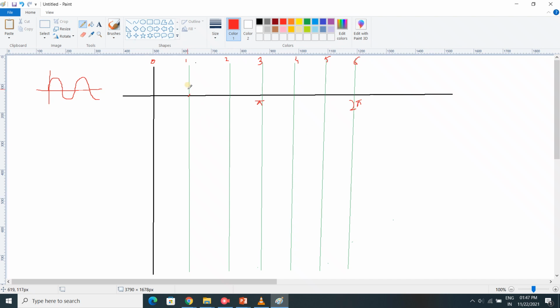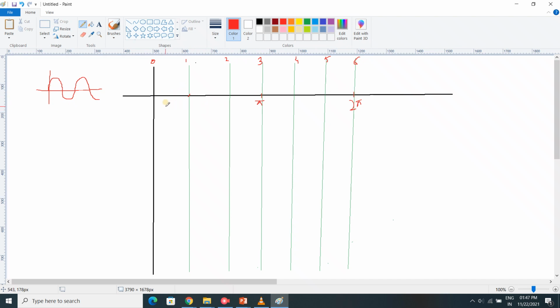Or shall I repeat it once again, so that the concept of 3 pulse and 6 pulse will be clearer to you? Shall I repeat that portion? Because I had assumed that you already know. But since Ansari told that he has missed out, I am just asking whether you have missed out or not. Should I repeat this part? Yes, sir.